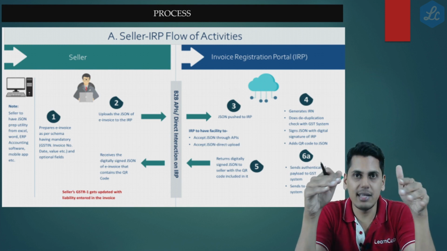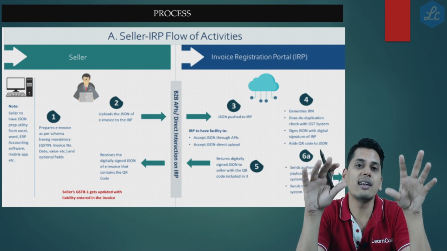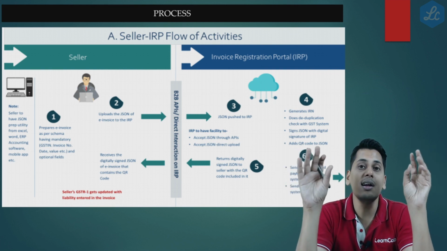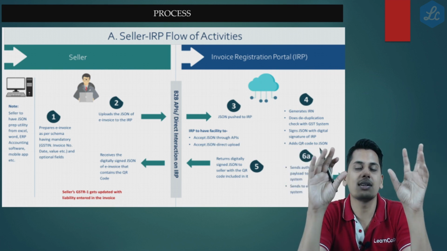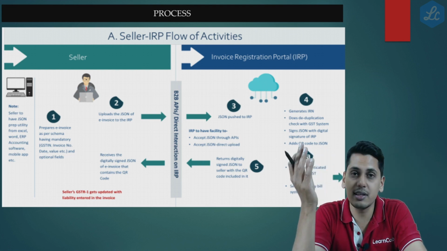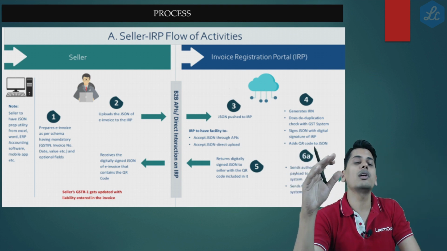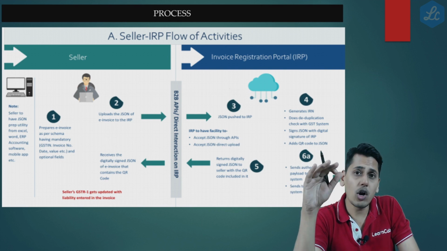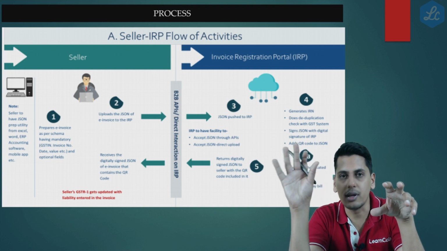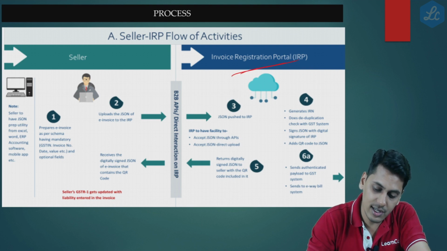Now, the common portal receives form GST INV01. What is form GST INV01? It is a standard template which is available. You can call it a schema. It is a standard template containing the prescribed details of the invoice. You have to fill them. You have to upload it in JSON form, either directly or through your accounting software, to the common portal. The common portal, when it receives this, is going to have a check with the GST portal. Friends, please understand, this common portal which we are discussing is your invoice registration portal.